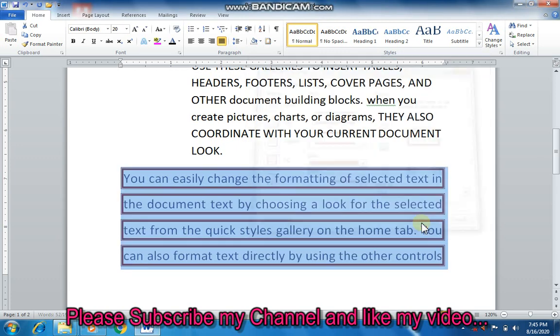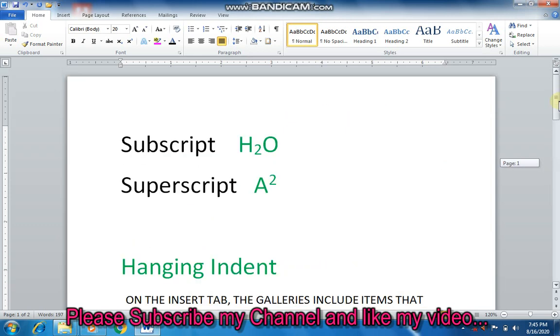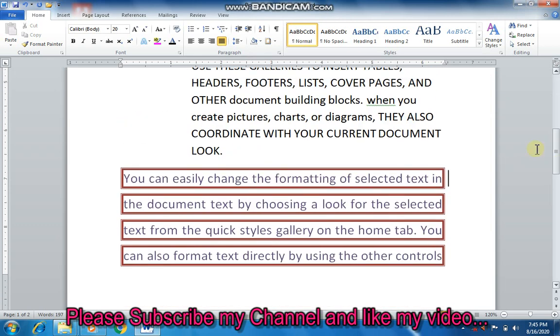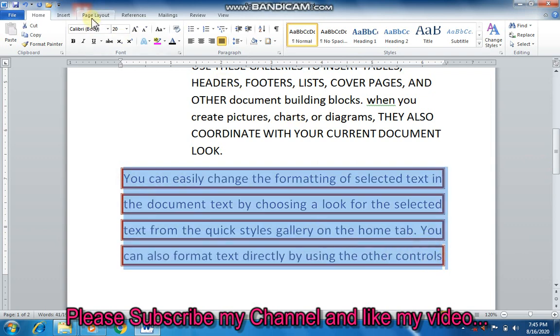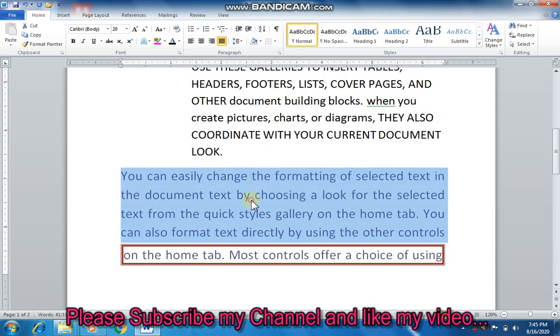As you can see, the border will be applied to the selected paragraph, and whatever color you choose will be applied. And if you want to remove the border, what you have to do is go to that option again, click on the Borders option, click on the None option this time and click on OK. Then the border which you have applied will be removed from there.